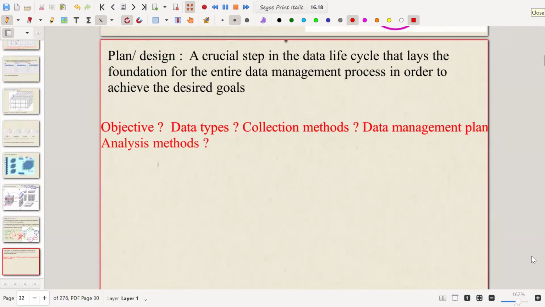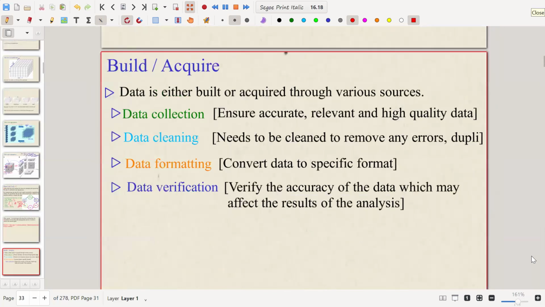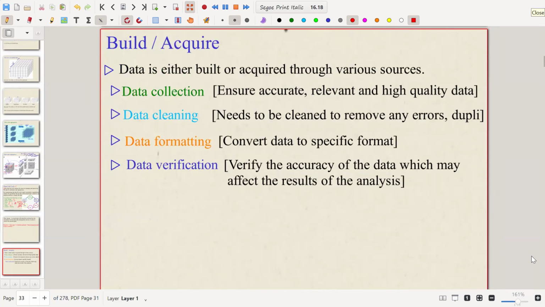Maybe I will share one website where you can read about this data life cycle in much more detail. But I have written a lot of things here. Build, acquire: you can see acquire data set means data collection, ensuring accurate and relevant, high quality data is received. It is not like maybe 20.5. What is your age? Maybe 21. No, exact. If you say 20.5,